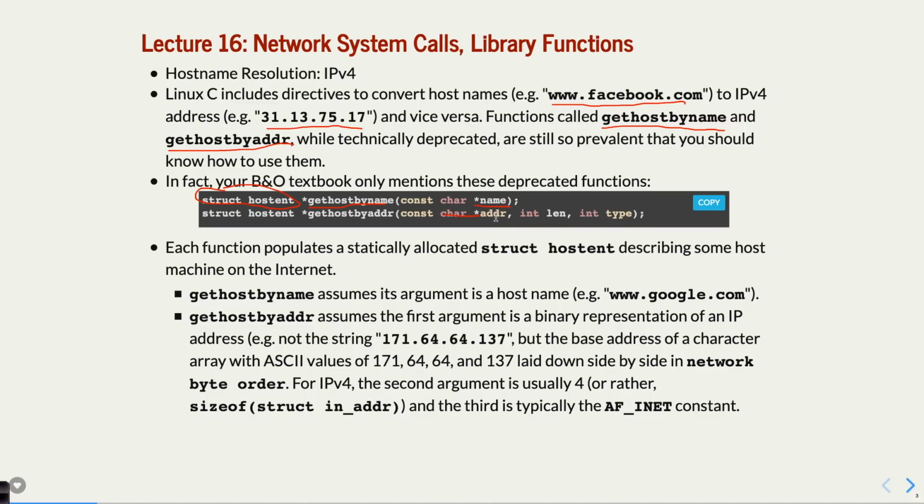In this case, I believe this is actually going to be a pointer to a number, and you're going to say how many bytes it is, and then another variable that talks about the type of connection, whether it's an IPv4 or 6 or so forth. Okay, so there's lots of details you have to know when you're using that function. Okay, a struct hostent has the following, well, we'll get to what it is.